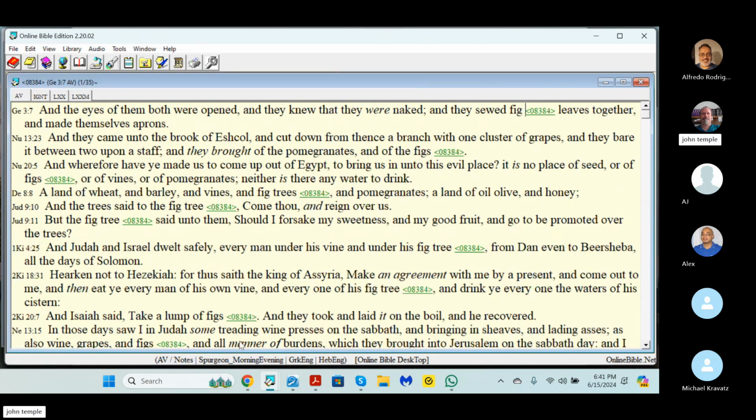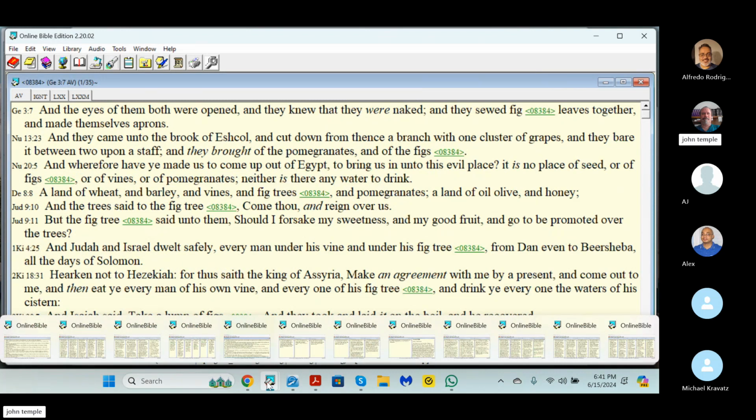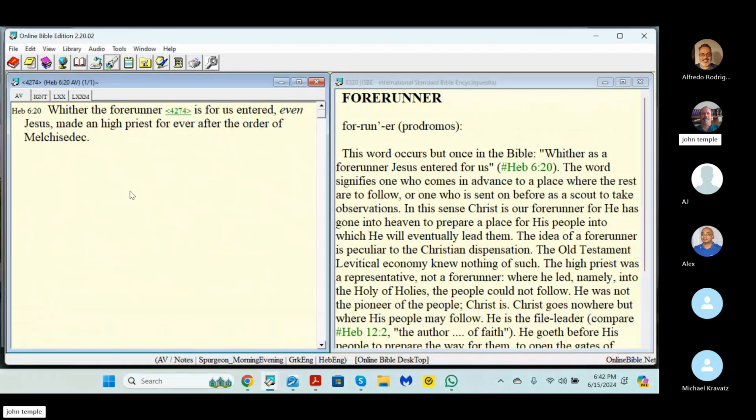And I'm going to read a little from the Theological Dictionary of the New Testament and track some of this down. The suke is the fig tree. Its fruit is usually to sukon, which is fig, or especially late fig. And we also find in the Septuagint the specialized prodromos, and that was the 4274. This one here, the prodromos